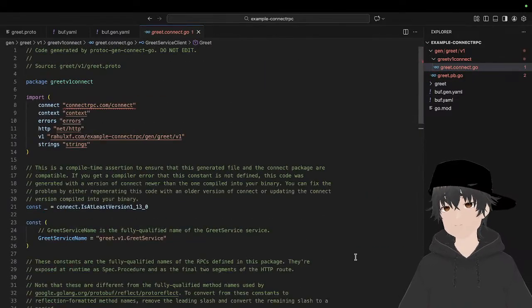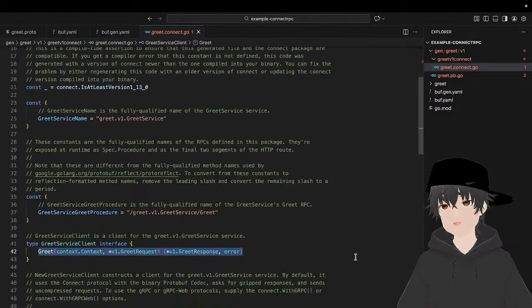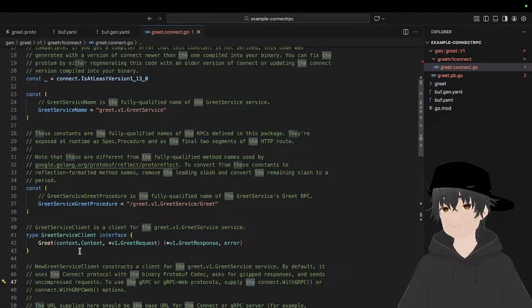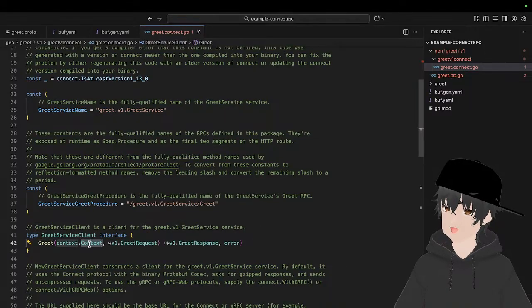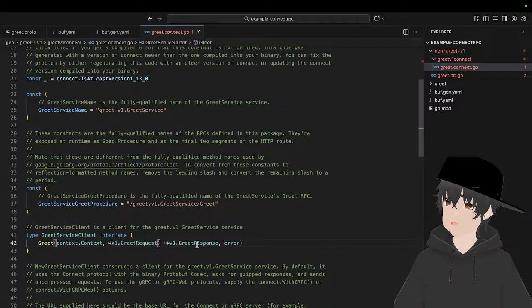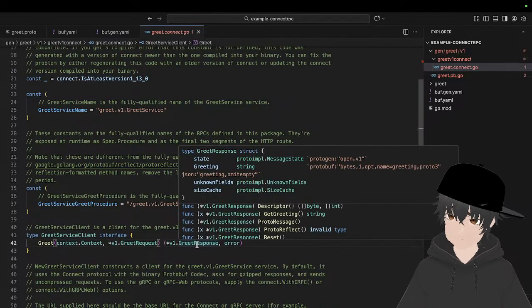If you see here, you will find this. There's a greet service client which has a greet method which takes a context and then v1 greet request, and it returns a v1 greet response and error.